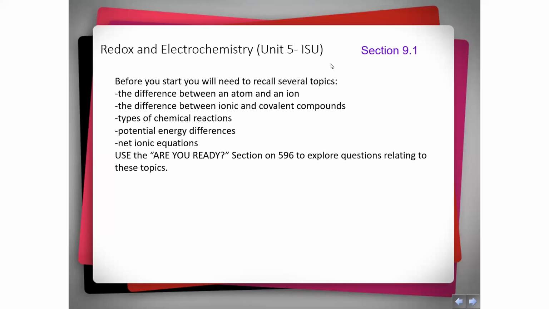Okay, so our chapter 9, ISU, is about redox and electrochemistry. You have to realize, in order to approach this unit, you need to make sure you recall the